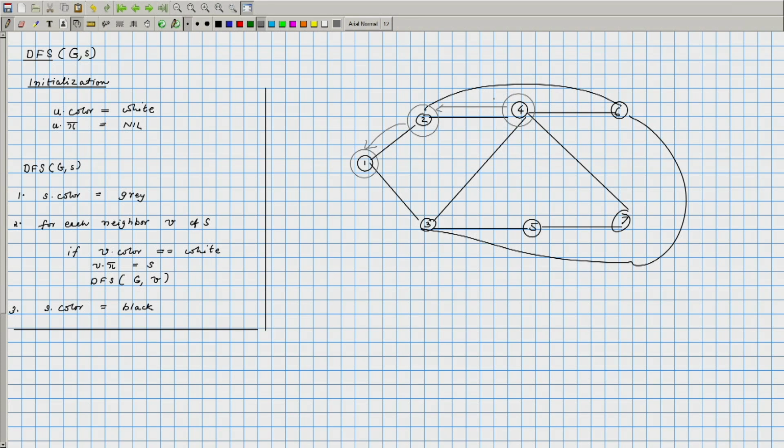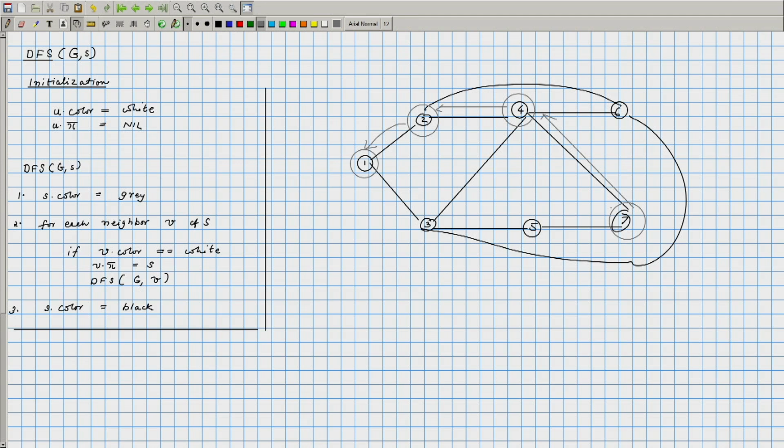Once this is a grey node, we will have to explore all its neighbors. It has 4 neighbors, 2, 3, 6 and 7. The white neighbors, there are 3 of them, 3, 6 and 7. So, presumably all of them will essentially be processed. Let us say DFS 4, when it is being called, the neighbor that is picked first is vertex number 7. Okay. And therefore, the parent would be set and 7 would turn grey, and DFS 7 is going to